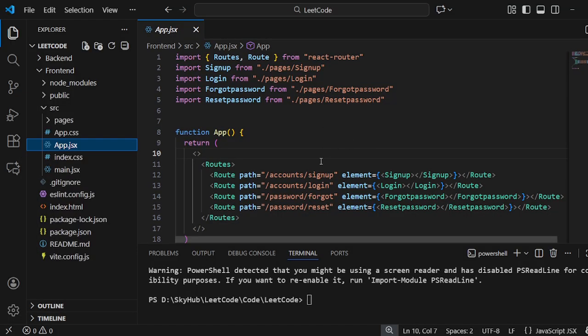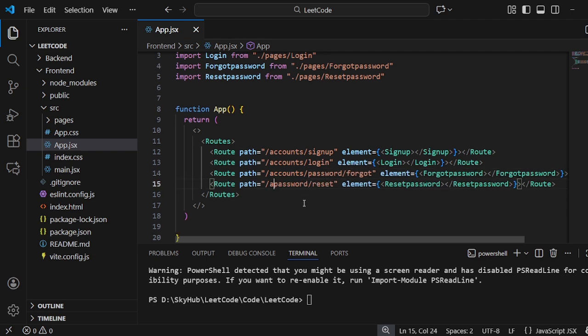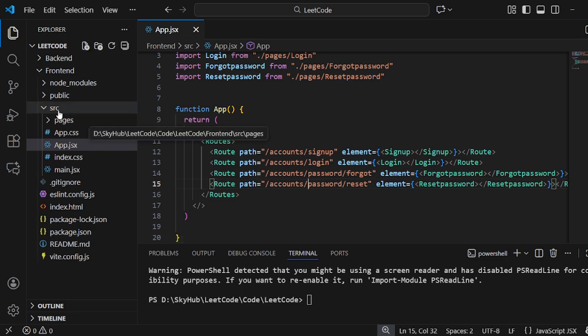So till now we have built our routes /account/signup and /account/login. Let's change them to /password/forgot and /accounts/password/reset, and their corresponding pages are